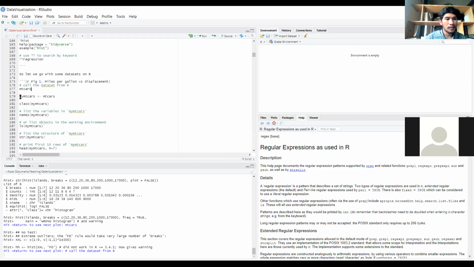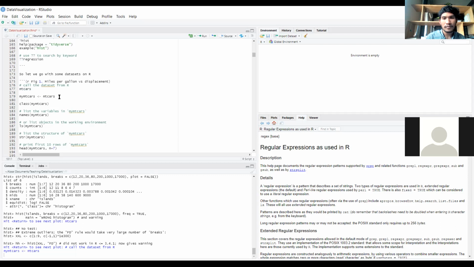So I create a new object, my mtcars object. This object equals mtcars, so we call all variables from mtcars. And to call the object, you can type